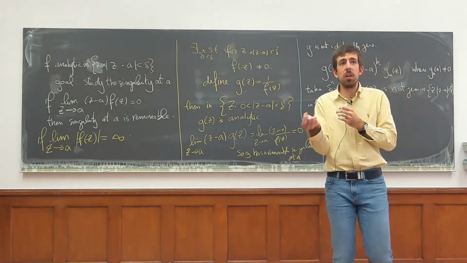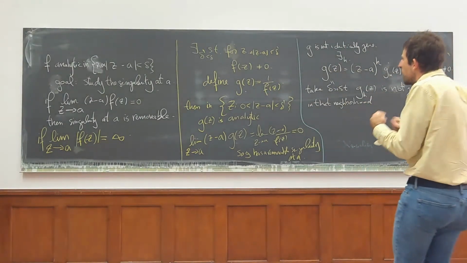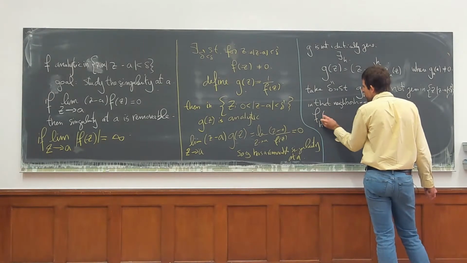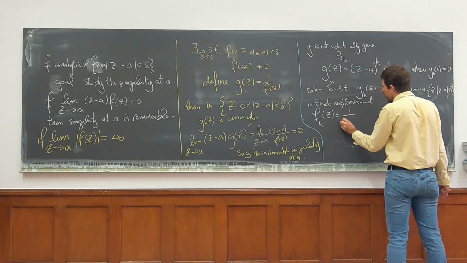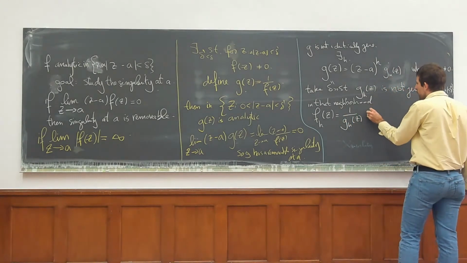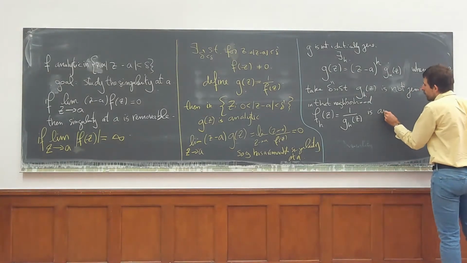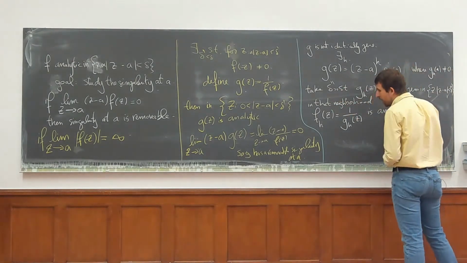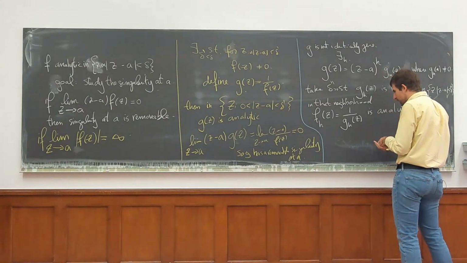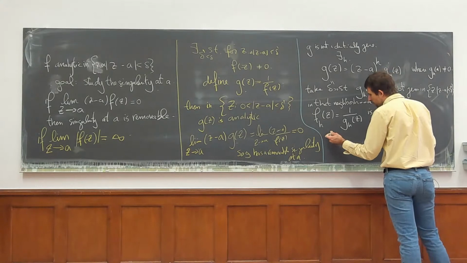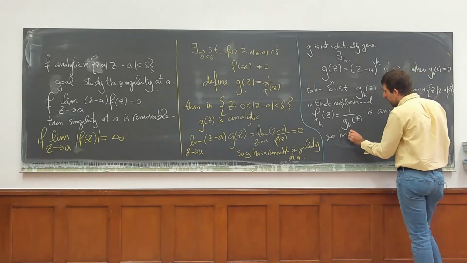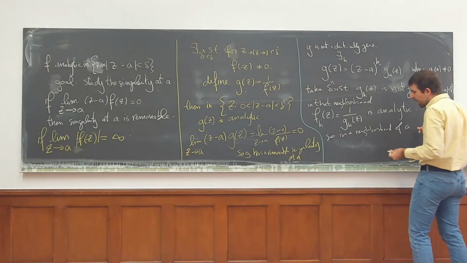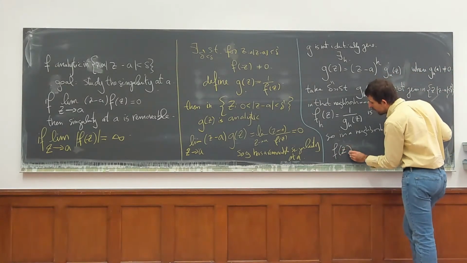don't forget that we're just trying to understand locally what's happening at a point. So it doesn't matter that we're losing global understanding by taking smaller and smaller neighborhoods. We can define f_h of z to just be 1 over g_h of z, which is analytic, because g_h of z is not 0. And so if we now write back what f is, in a neighborhood of a, we have that f of z is equal to